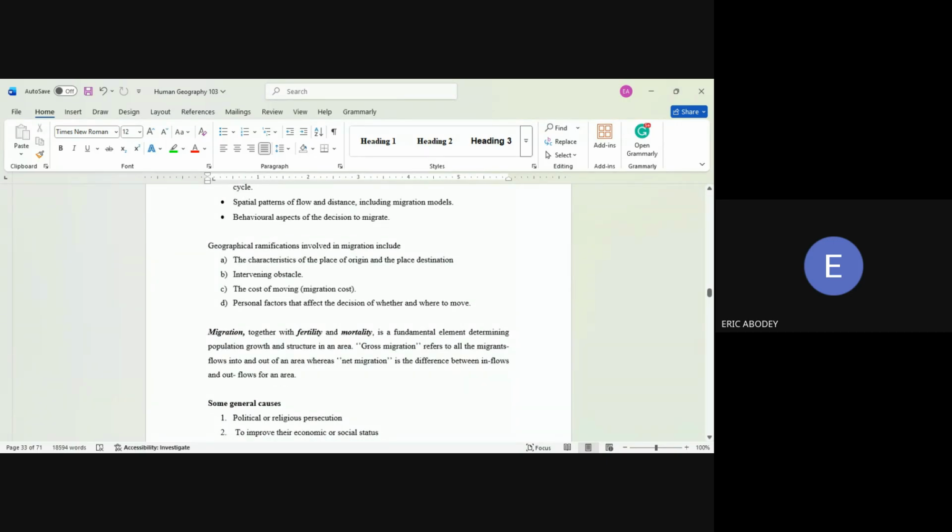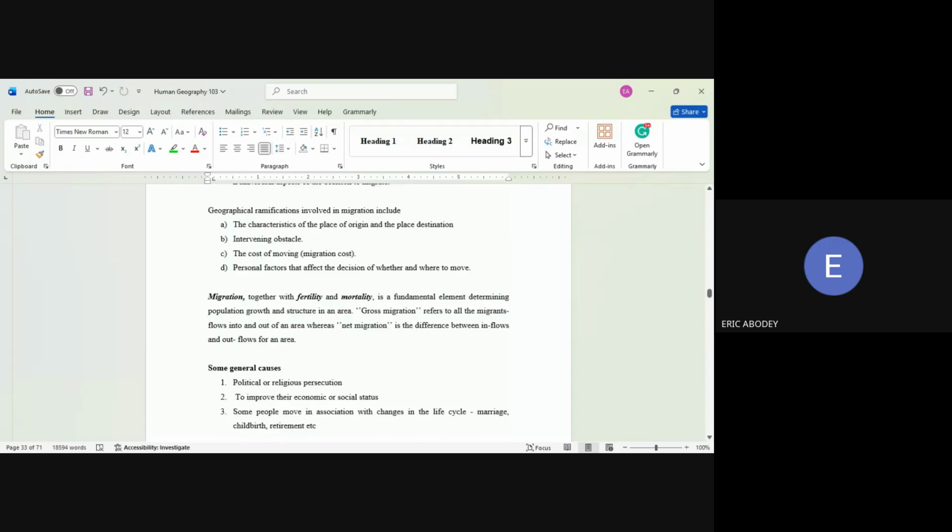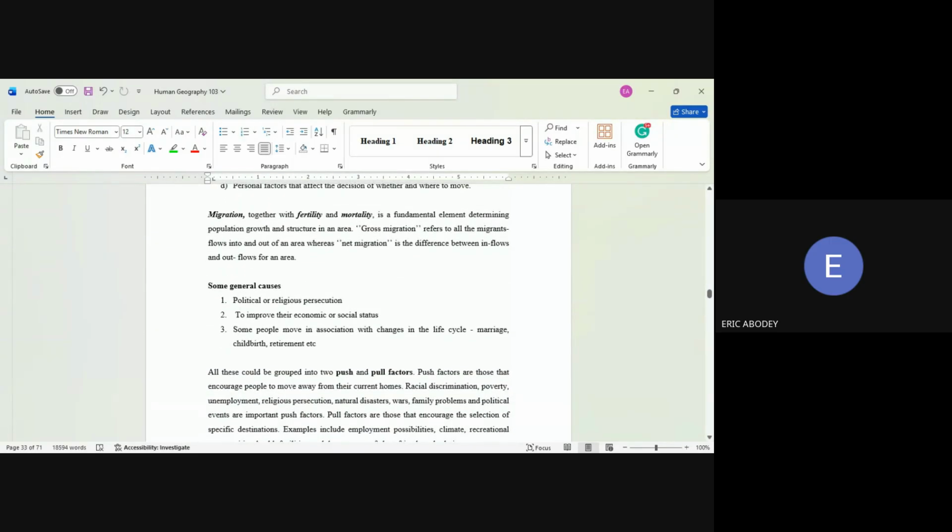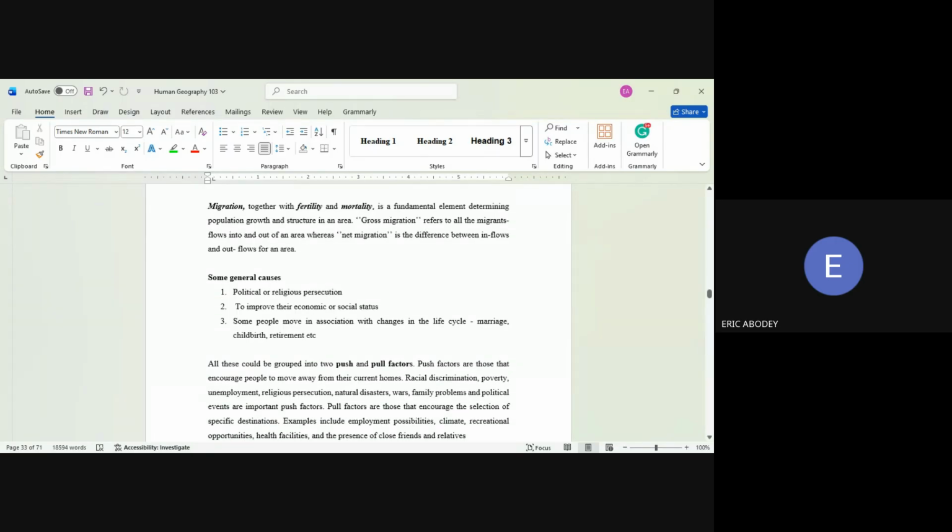So migration together with fertility and mortality is a fundamental element determining population growth and structure in an area. I think we have talked about that. So what are some of the general causes of migration? Political and religious persecution. So when you go to northern Nigeria, a lot of people have fled because of Boko Haram. Let me not even take you from Ghana. Our friends and brothers in Borno. Now, Borno used to be a very busy business town, now virtually empty. If you see the videos that were circulating the last 2-3 days, the whole town is dead. Daytime, but you're not seeing anyone. Why? Political, religious